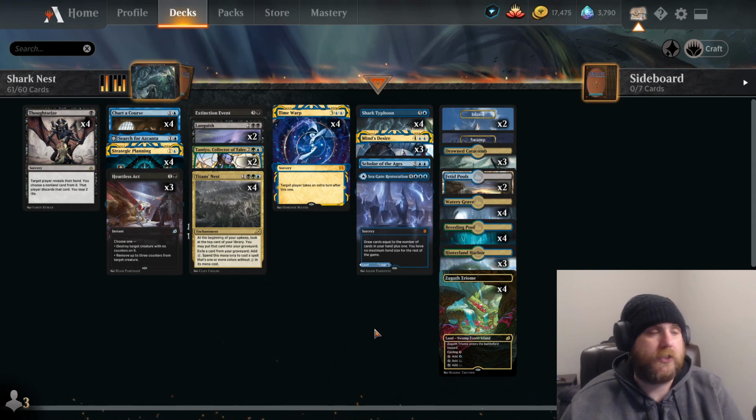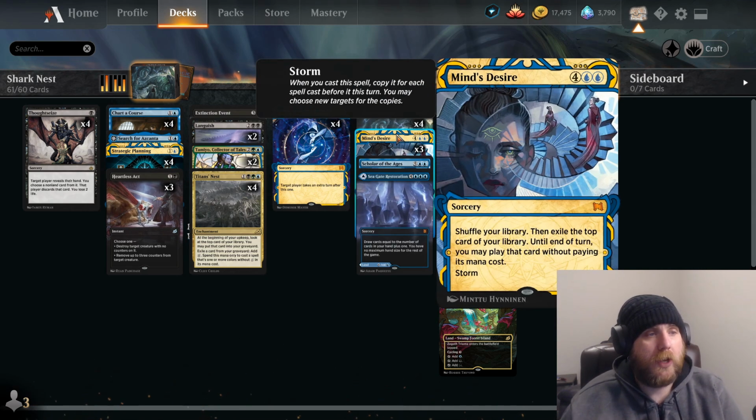So as you can see where this is going, we're going to be trying to cast as many spells as we can in one turn. And then we're going to try to just hammer off a crazy Mind's Desire. Mind's Desire is one of those crazy spells. I think it was from Scourge that has Storm. It is 6 mana, or if you really think about it, it's just 2 blue and then 4 cards out